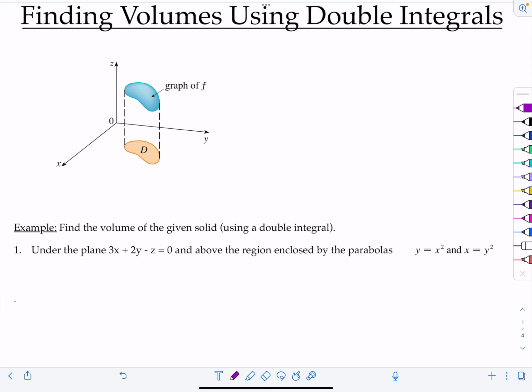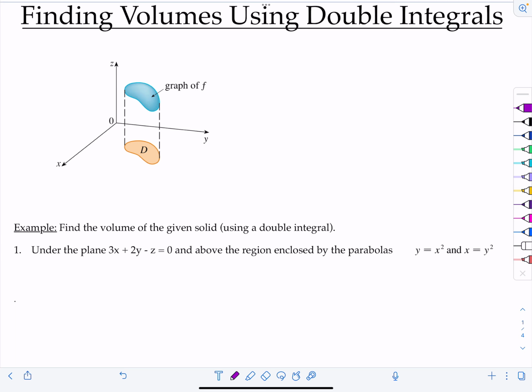In this video, we're going to look at examples of how to find volumes using double integrals. If you haven't already watched the lecture video outlining the concepts behind setting up double integrals over general regions, I'll link it here because that gives you all the foundational information that you need to complete these exercises. The purpose of this video is just to work through extra examples to help you as you're completing your